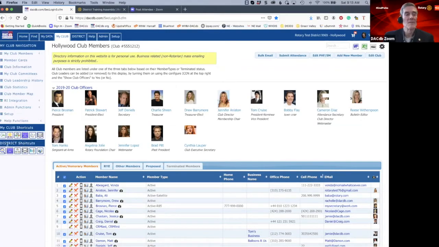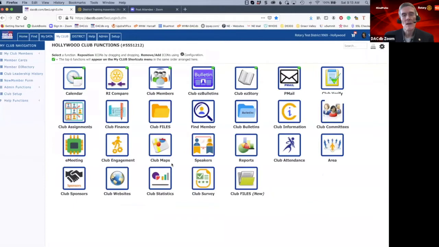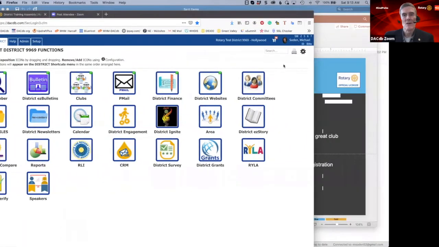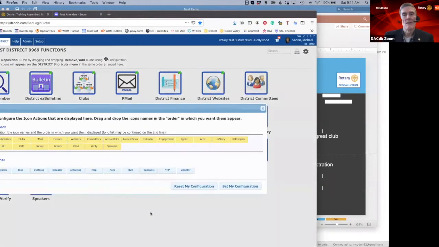We do the same type of thing for district. So if you'll notice, when we go back to My Club, here are all my club related icons, but then I can also go to district, and here's my district related icons. And as I said before, if we run over this little cogwheel, I'm going to click on this,